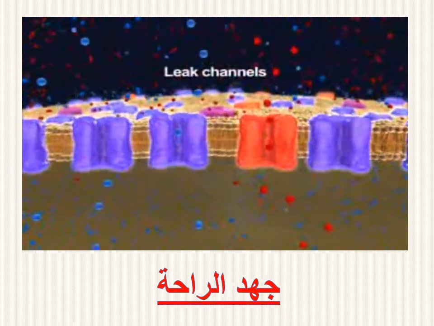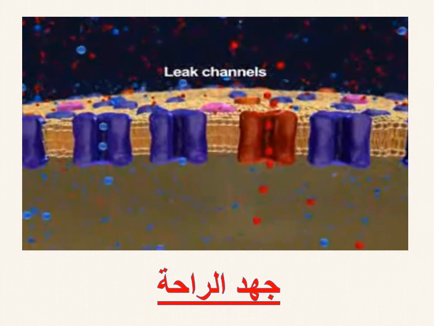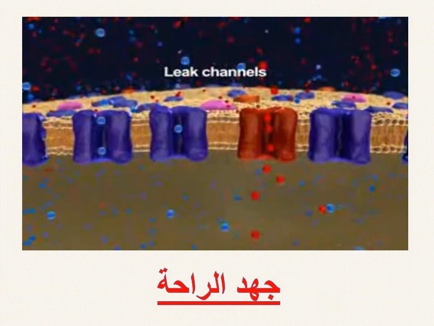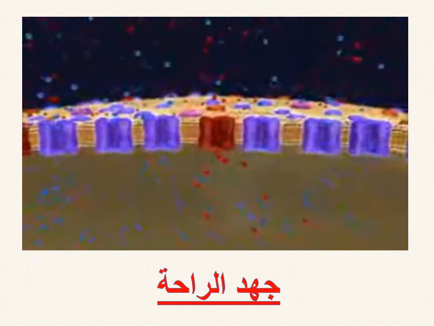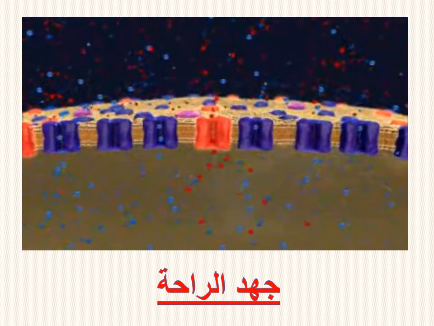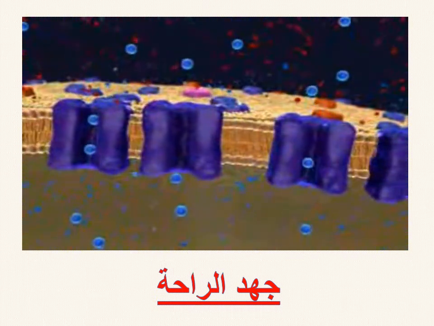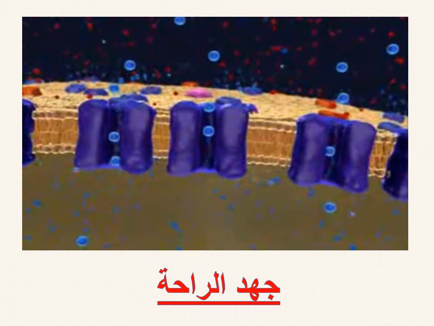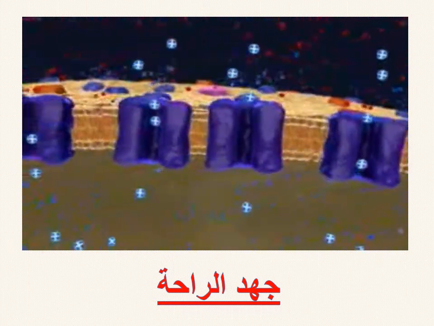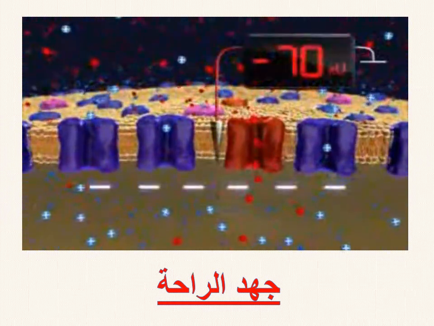Leak channels in the plasma membrane allow sodium and potassium ions to diffuse or leak down their concentration gradients. The membrane contains many more potassium leak channels than sodium leak channels. Thus, the membrane is much more permeable, or leaky, to potassium ions. As positively charged potassium ions leak out of the neuron, the inside surface of the membrane becomes negatively charged compared to the